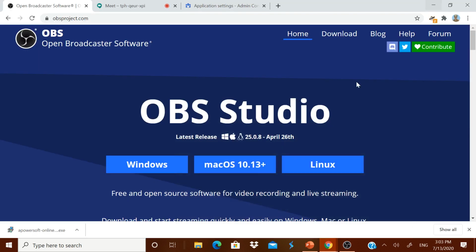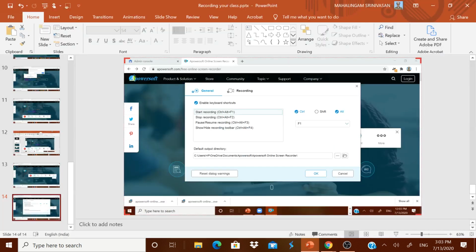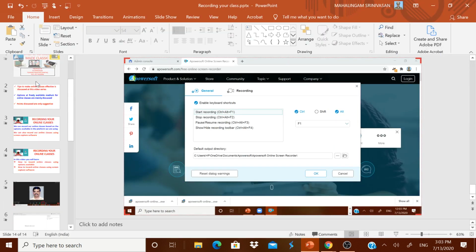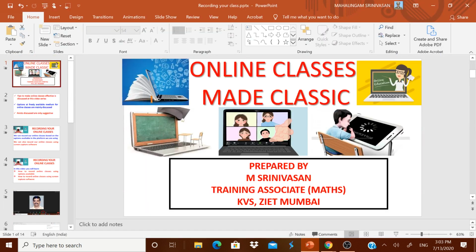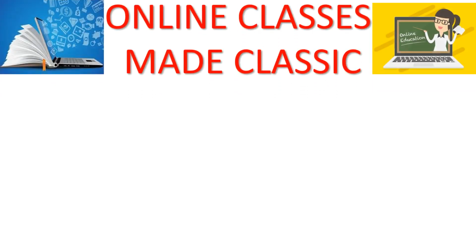Now this OBS is ready for recording, but how to make it start recording? Very simple. No need to start the recording from here. Minimize it. Suppose I have this PPT, and I want to start it from the beginning. Just start this PPT. Then suppose I want to do the recording, please go on and do the recording.